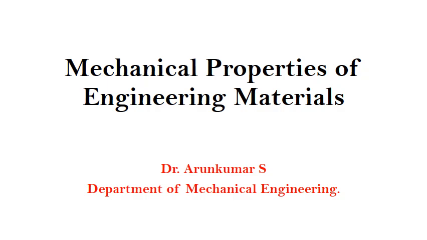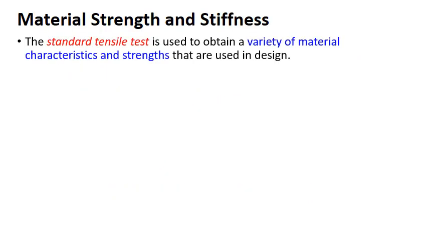The mechanical properties of engineering materials are one of the important design considerations that we may use in this design course. So today let us try to understand how these mechanical properties are derived or obtained, and what are the basic mechanical properties that we must understand. We basically use the standard tensile test to get a variety of mechanical properties and strengths,